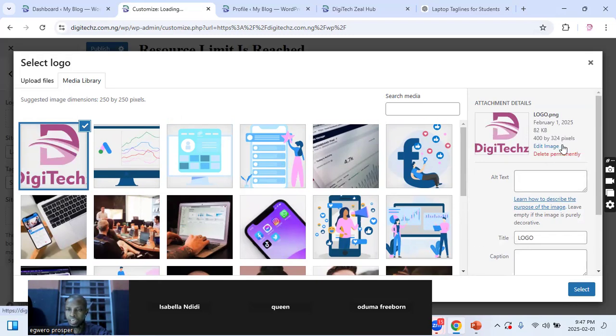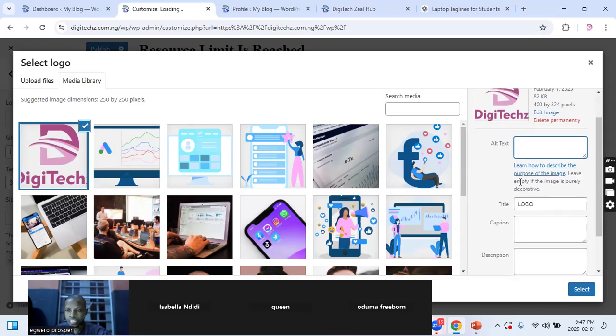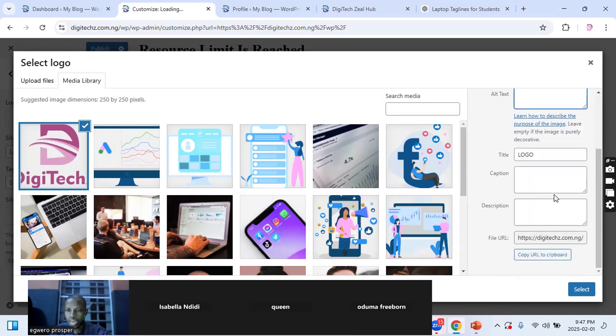Now this is the size of the logo. In case you want to edit it or delete it, you set it. In case you want to write alternative text, let's say if the picture could not display, what will they see? You can just write it, then the logo title, the caption, then the URL of the logo. If you want to add the address to locate the page where this logo is, then you click on